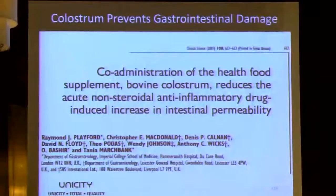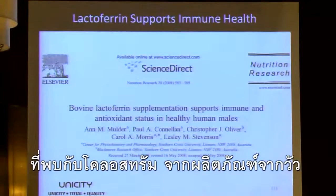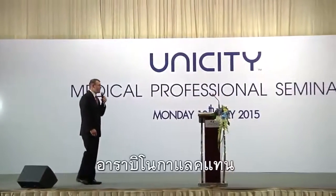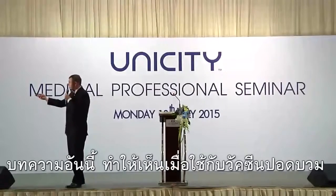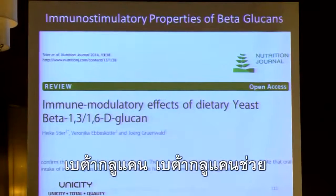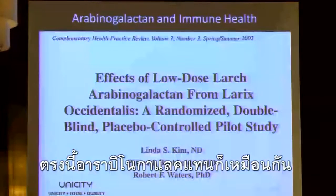Another paper here showing that bovine colostrum helps with intestinal permeability. Lactoferrin. Lactoferrin is a cyclic peptide found with colostrum, bovine products. Paper here showing the lactoferrin helps support immune function, thought to be linked to antioxidant activity in the body. Arabinogalactan increases antibody response to different immunostimulatory responses. This particular paper shown with the pneumonia vaccine. Okay, arabinogalactan ups the response here. Immunomodulatory effects of beta-glucans. Beta-glucans help to modulate, upregulate the immune system. Same thing here, arabinogalactan